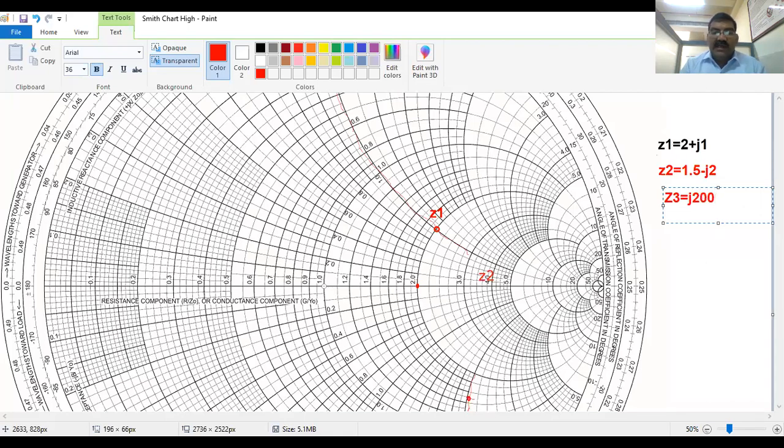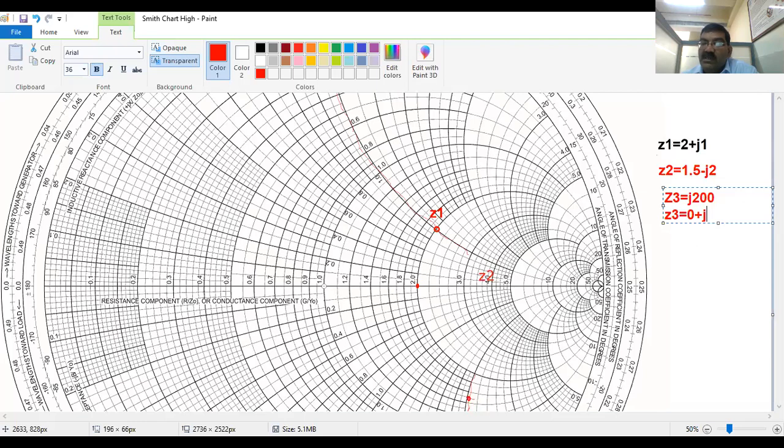So what will be my small Z3? Although here the real part is nothing, I'll write 0 plus j, for the understanding. In the problem it is given that Z3 equals j200. So I'll put 0 as the real part, and the imaginary part is